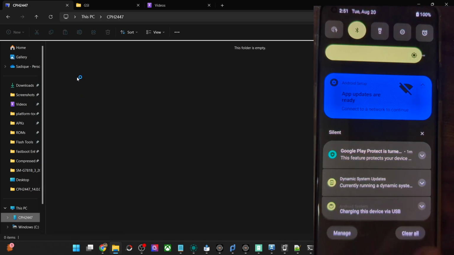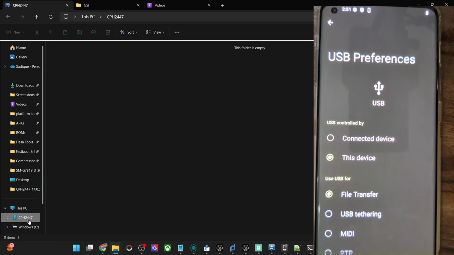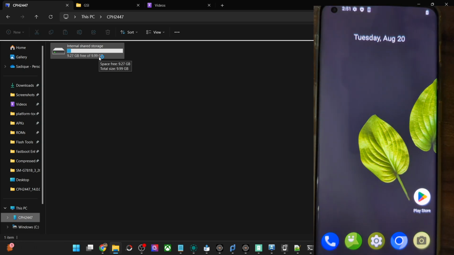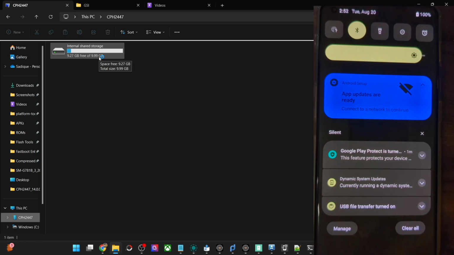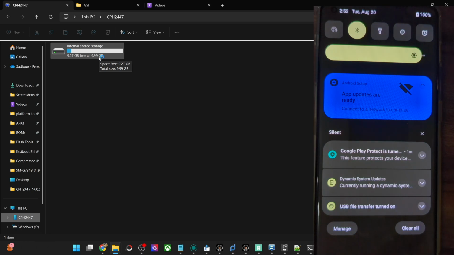First off, let's change it to file transfer. And as of now, the file storage, as you could see, is only 10 GB because we have given it the 10 GB. But as soon as you restart your phone and you are back in the original OS, the size will change back to the original storage, which is 128, 256 or 512 GB, depending on the original phone size. So in short, the data partition of the GSI ROM has nothing to do with the original OS. Both of them are completely separate in size and section as well. And the best part is that you could easily go back to the stock OS by just doing a simple restart.